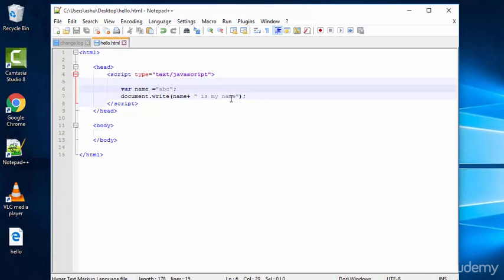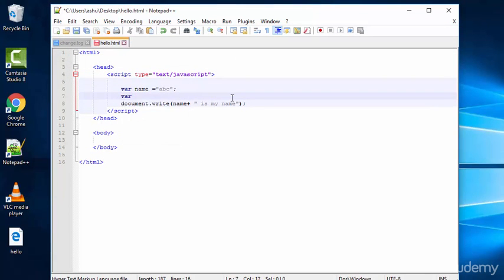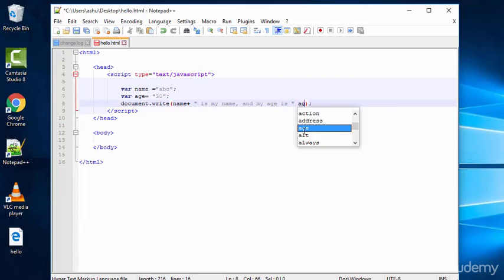Now let's go ahead and create another variable called age. So let's say var age equals, let's say my age is 30. Make sure that you give a semicolon, and you also want to display your age. So let's say you want to display ABC is my name and my age is 30. So we add here ABC is my name and my age is, and you want to add the age at the end. So you simply type the age variable,